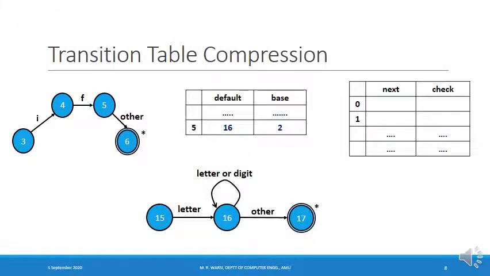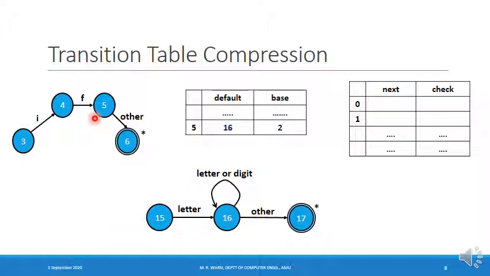Look at another example where the default array has been used. This automata is recognizing the keyword if, and this one is recognizing the token identifier. When the lexical analyzer scans small i, it goes from state number 3 to 4. In state number 4, when it scans small f, it goes to state number 5.